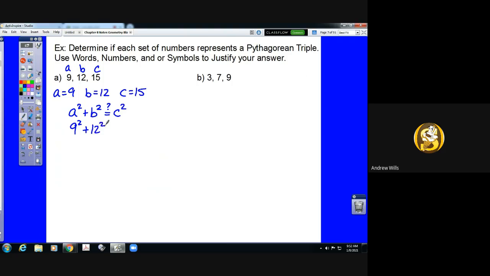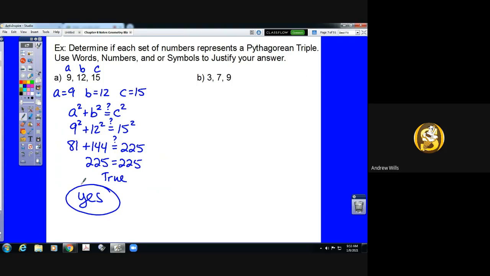9 squared plus 12 squared equals 15 squared. Yes or no is the answer that we're looking for here. So we're going to calculate this. 9 squared is 81. 12 squared is 144. 15 squared is 225. Then we add 81 plus 144, which is 225, which makes this a true statement and means the answer to the question is yes, that is a Pythagorean